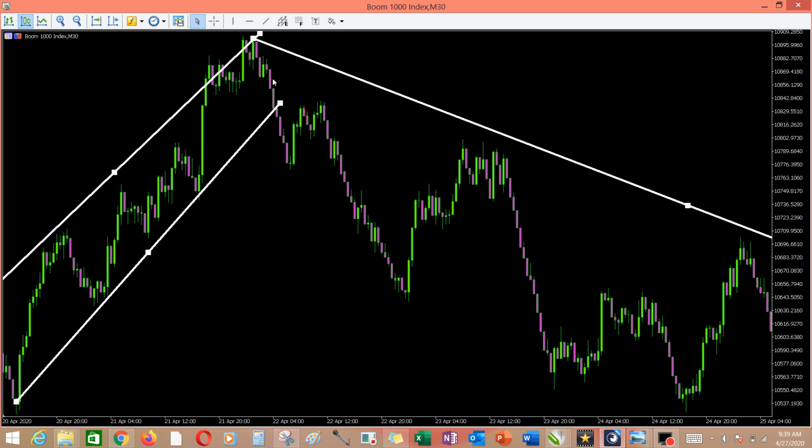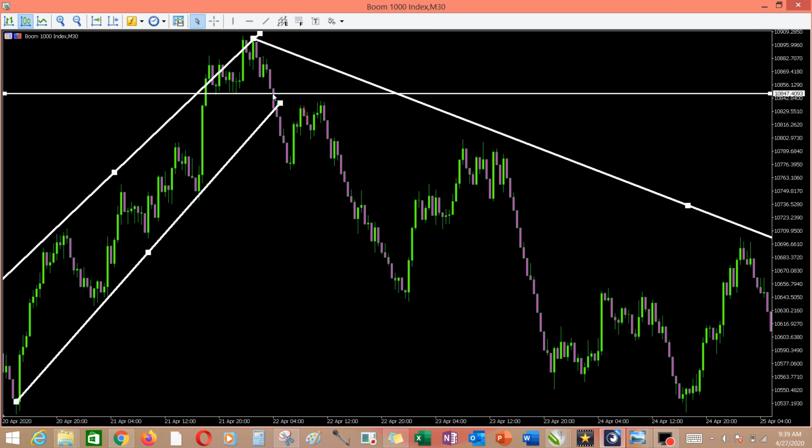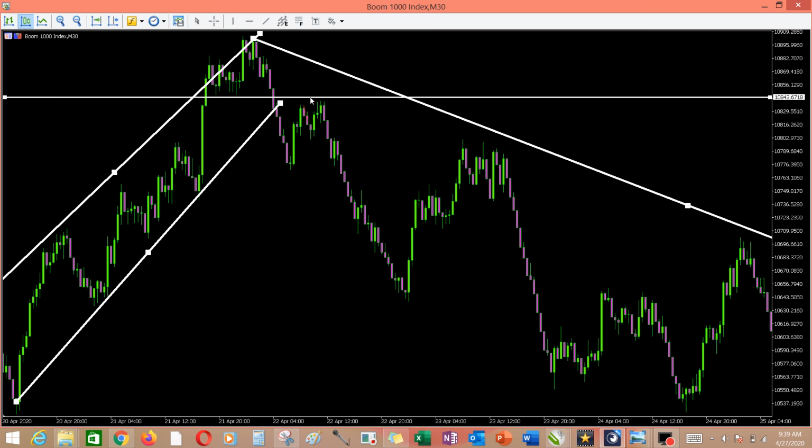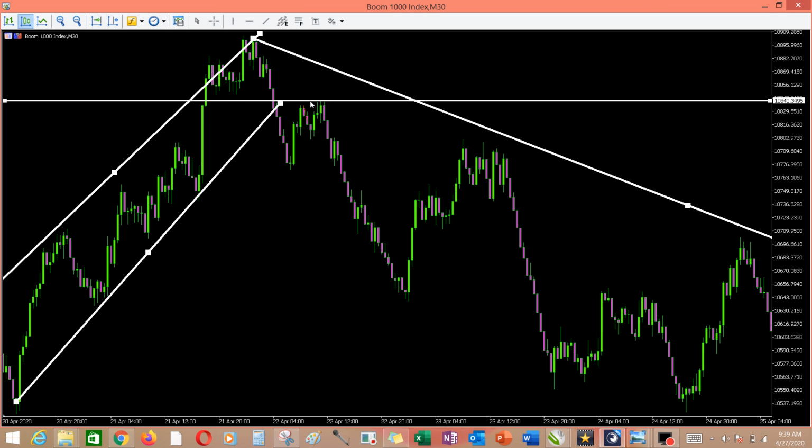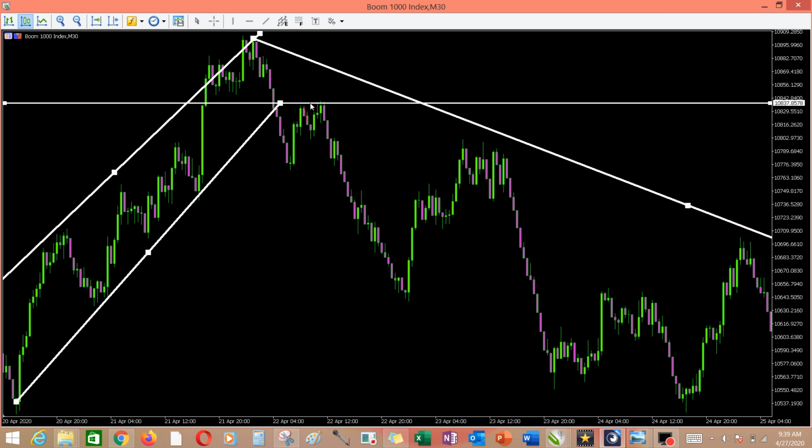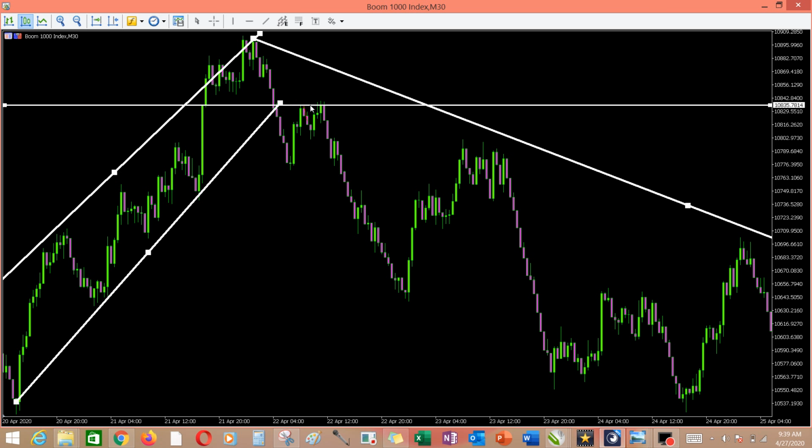And I now find, let's say I want to trade now, and the price action is around here. All I need to do is I can sell from here and exit before it touches the support level. So I will exit the market somewhere here just before it touches the support level.